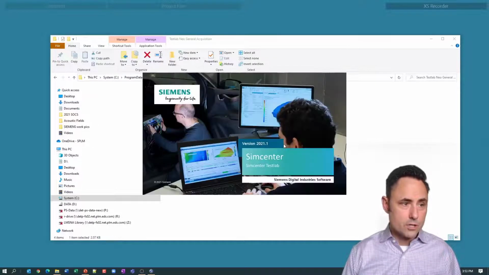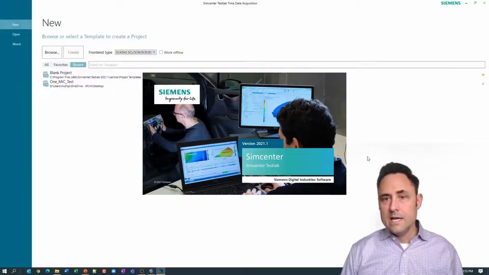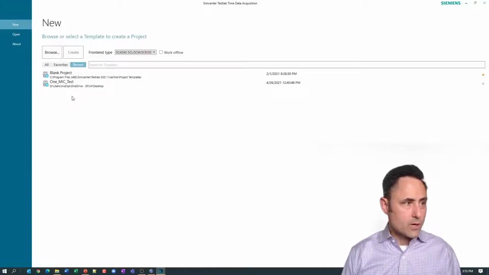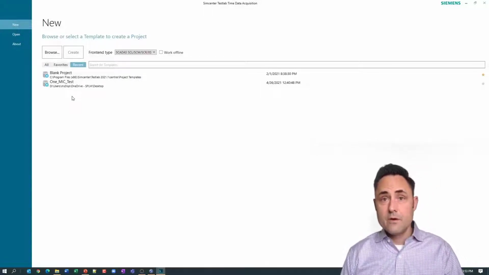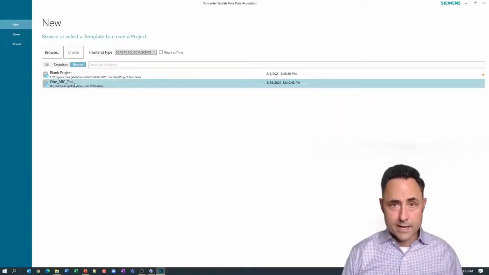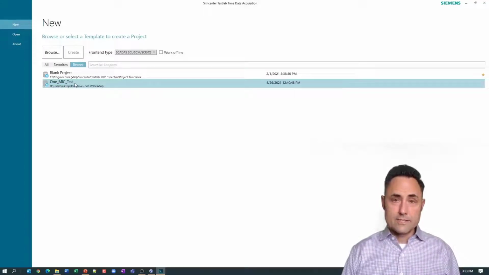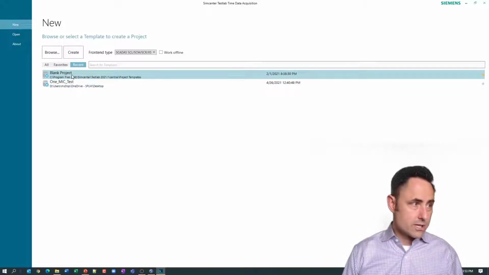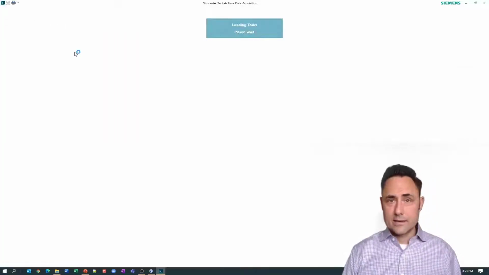Okay. So I'm going to launch that. And it's going to start talking to my front end, and I'll be met with this. Do I want to open an existing template, or do I want to create a new one? Okay, so you see I've got one called One Mic Test here. Maybe that's the emergency template that I set up last time. In this case, I'm going to start one from scratch, and so I'm going to select blank project and choose